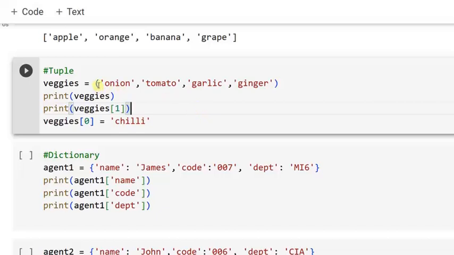That basically starts with round brackets, normal ordinary brackets. So I'm having a tuple here, veggies equal to onion, tomato, garlic, and ginger. Everything remains the same as with the list, like how you access it. But the only difference between list and tuple is that in a tuple you cannot change the value